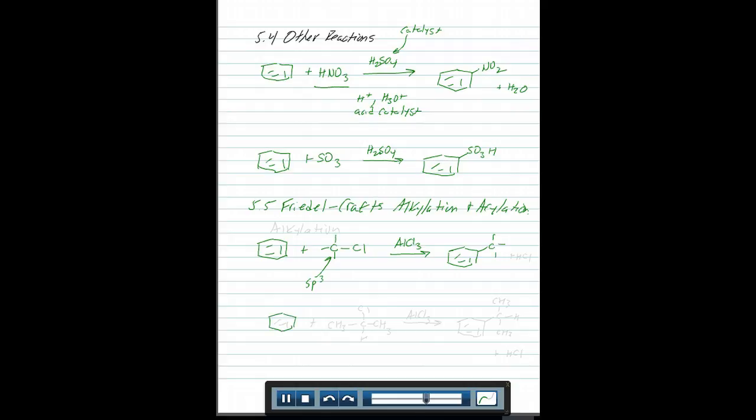So let me show you a real example. Let's use isopropyl chloride. That was, I think, the one that they did the most to show this. It worked the best, but let's just pretend everything works well. And then you also form HCl. Let me put HCl up here. Your chlorine and your hydrogen form HCl. All right, so that is the alkylation. This is the alkylation because you're putting on an alkyl group. We've learned what an alkyl group is. The acylation